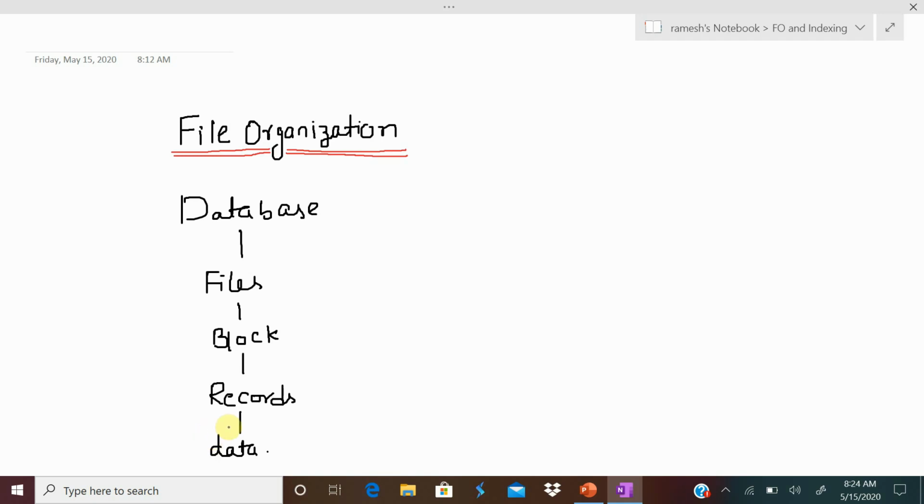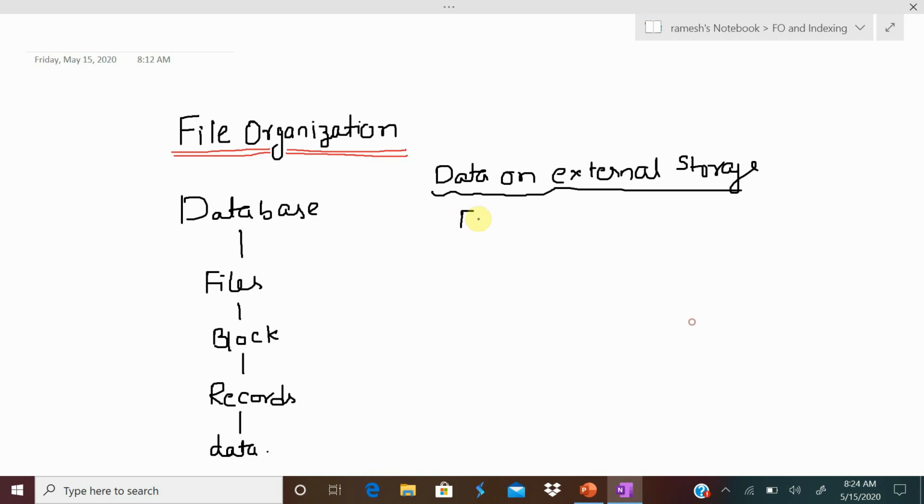As the first topic of your syllabus, we have data on external storage. Data on external storage means the external storage devices that are used for storing data in the database system. We have disk storage, and we also have tape storage.